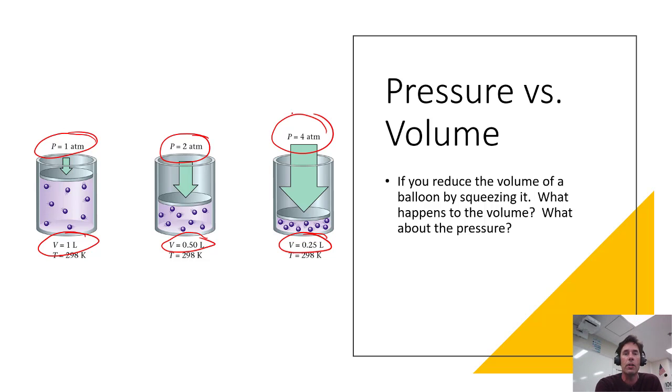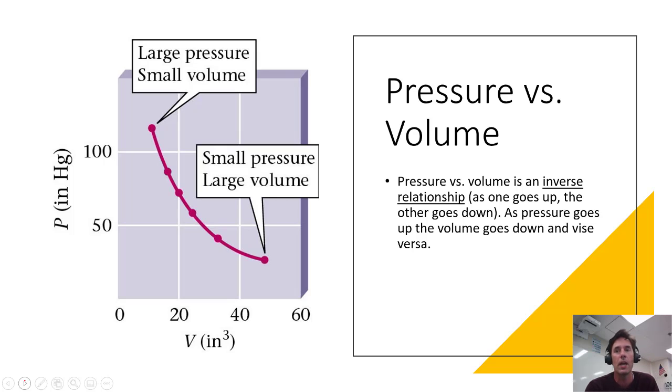And if we take it again and reduce the volume by half again, we again double the pressure. So it would appear, ladies and gentlemen, that we do have a relationship between pressure and volume, and that would be inverse. As one value goes up, the other goes down. Meaning, if we were to reduce the pressure, the volume would start to increase. So if volume is increasing, the pressure will be decreasing.